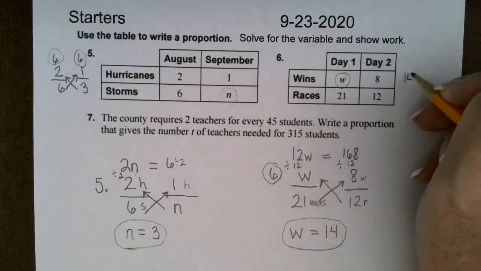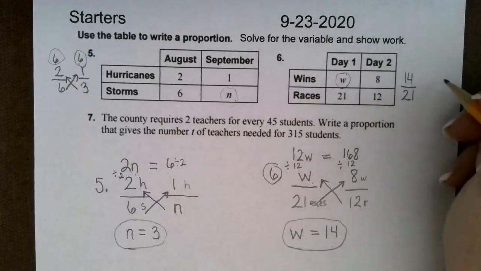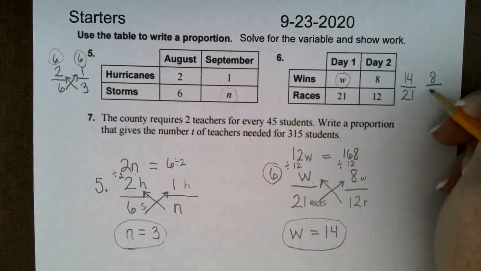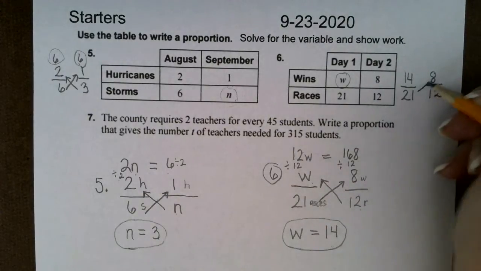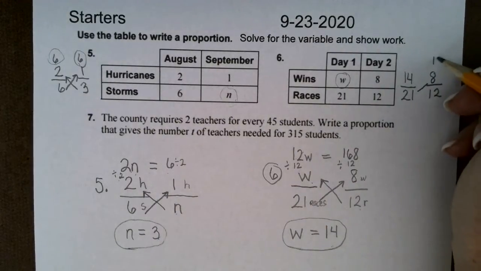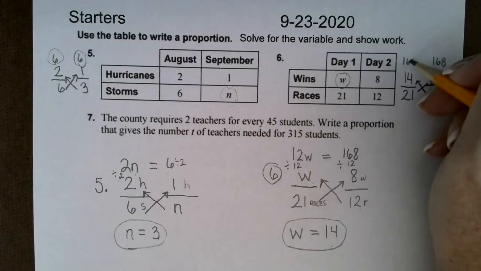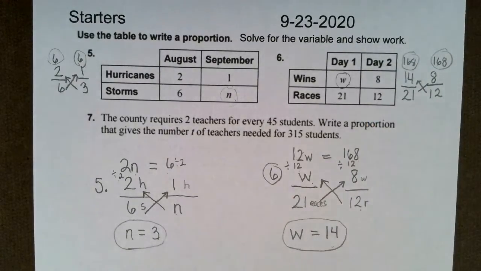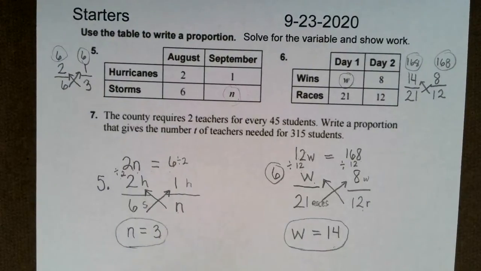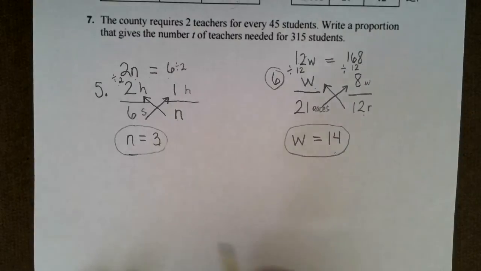So we have 14 over 21 here, and 8 over 12 here. So we do 21 times 8 is 168. And 14 times 12 is 168. If those are equal, that means that I have the right number for my W. And then for number 7,